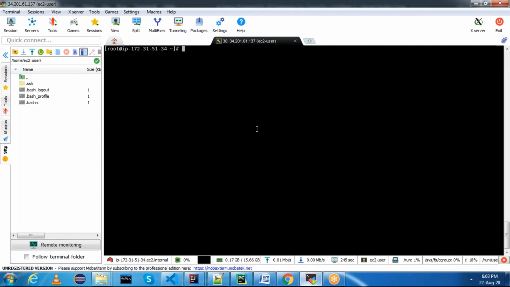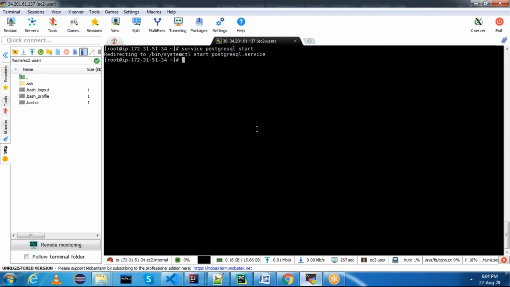Now you can start Postgres. service postgresql start. Now your service is started. Now what you can do is go to the existing Postgres user and set a password, or if you want a new user and password, you can still create that.